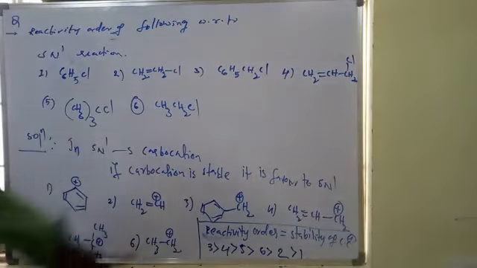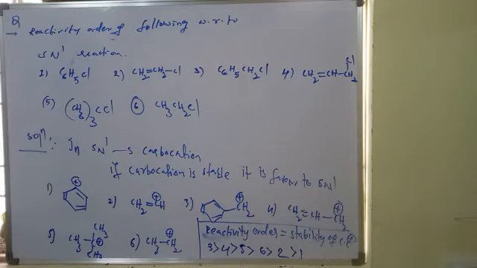So here the benzyl carbocation is more stable than the allyl carbocation, that is the fourth option. Next to it, the fifth one is the tertiary butyl carbocation. Then the ethyl carbocation, which is primary type. The sixth one is the primary carbocation and the fifth one is the tertiary carbocation. The positive charge on the benzene ring is very unstable, so it goes to the very least priority, least reactive, and before that, vinyl. So this is the stability of carbocation and also the reactivity order with respect to the SN1 mechanism.